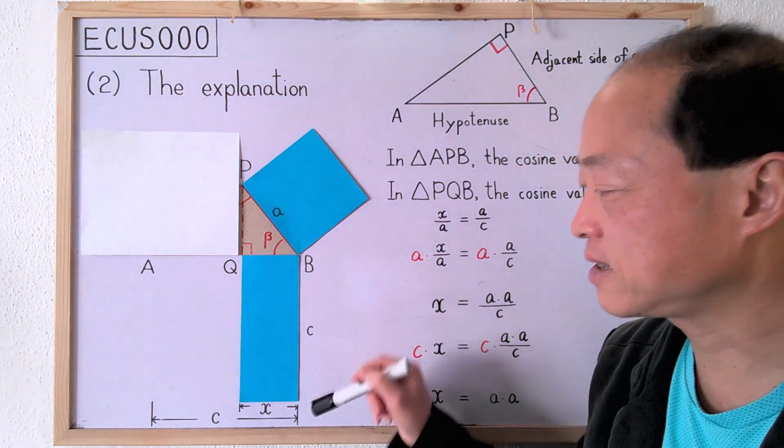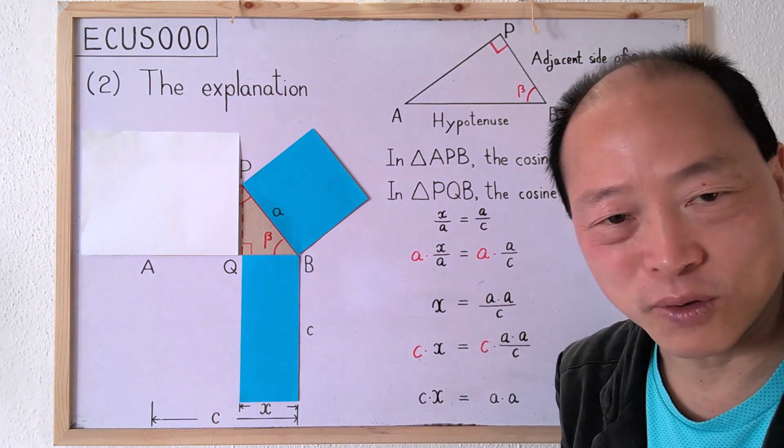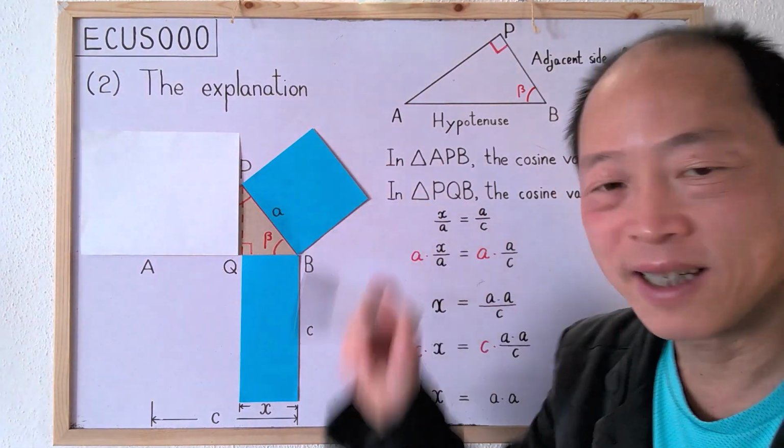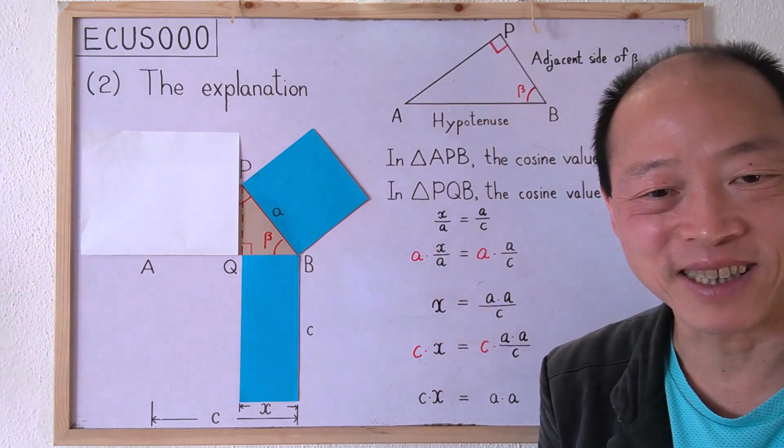C times X is the area of the rectangle. A times A is the area of the square. The explanation is completed. The question that how we can change a rectangle into a square with the same area